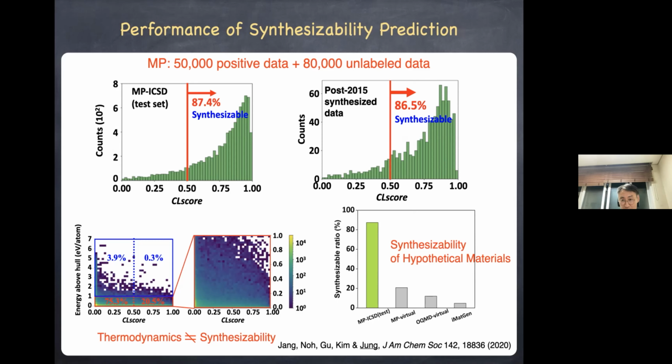On the right lower corner, I'm showing the synthesizability of hypothetical materials of various databases. In the MP database, about 20% of the hypothetical data are synthesizable according to our model. In the OQMD case, about 10% is synthesizable. That means that even if there are many hypothetical materials in those databases, we may not really need to explore all of them when you perform high-throughput virtual screening, because even if they are selected as promising, they may not be synthesizable. So if our model is reliable enough, that would save a lot of time and cost.